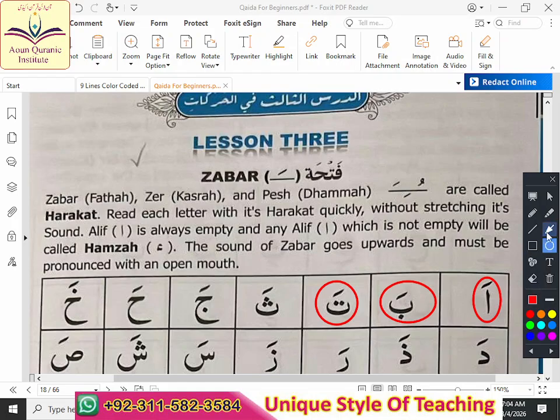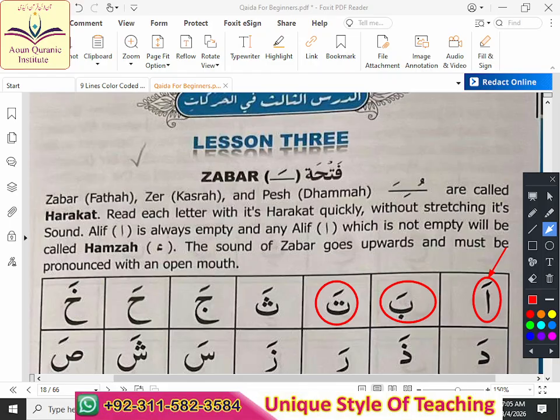And one more thing, please don't forget that Zabar will come all the time up. Where? All the way up. You can discuss with mommy, with baba. This one you have to memorize. I will send this short page. Only this thing. Just you must see the video. Must look, okay? See the video.